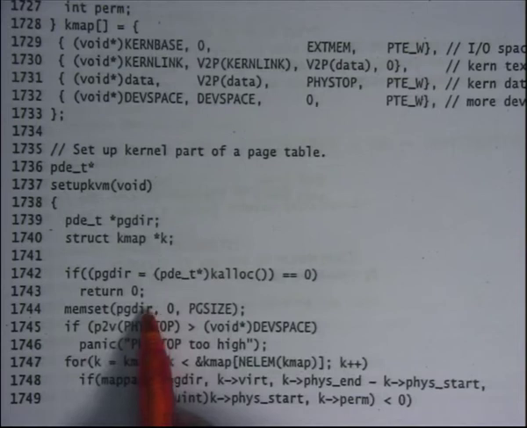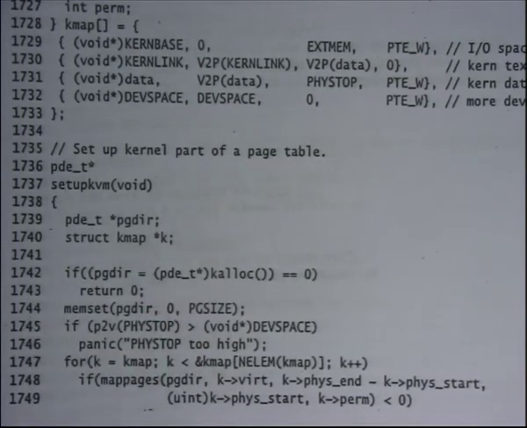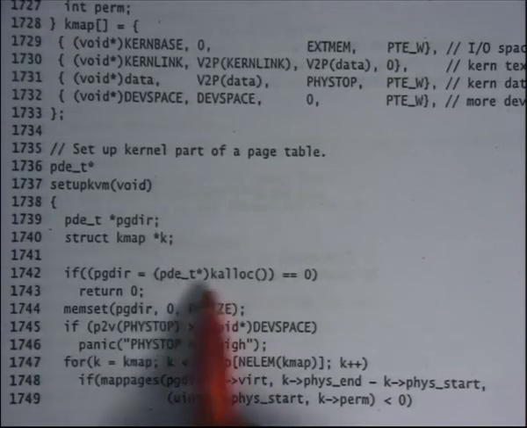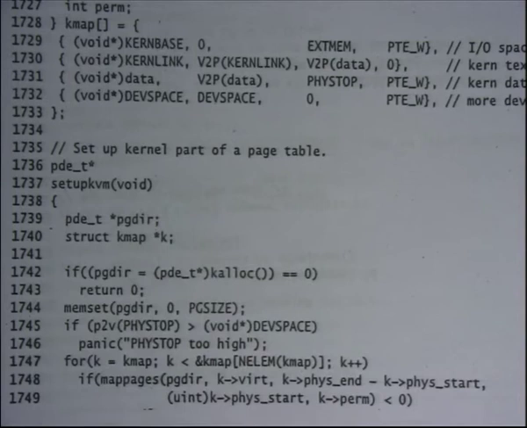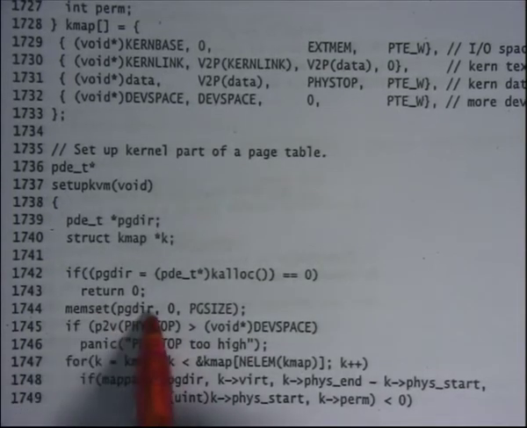The next thing it does is it zeroes out the pgdir. So the pointer that he gets has a 1 page size memory area that can be used, right? So page size is 4096 bytes, and recall that our page directory structure itself was 1 page, right? So 4096 bytes, and so what it does is it just zeroes out.